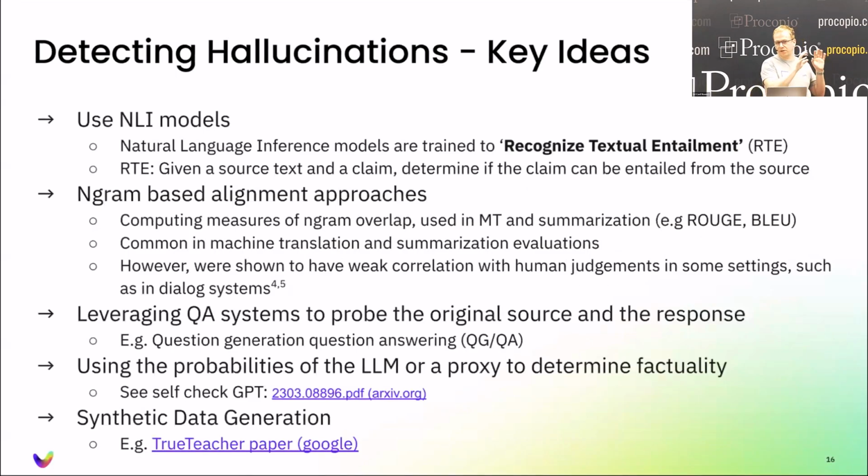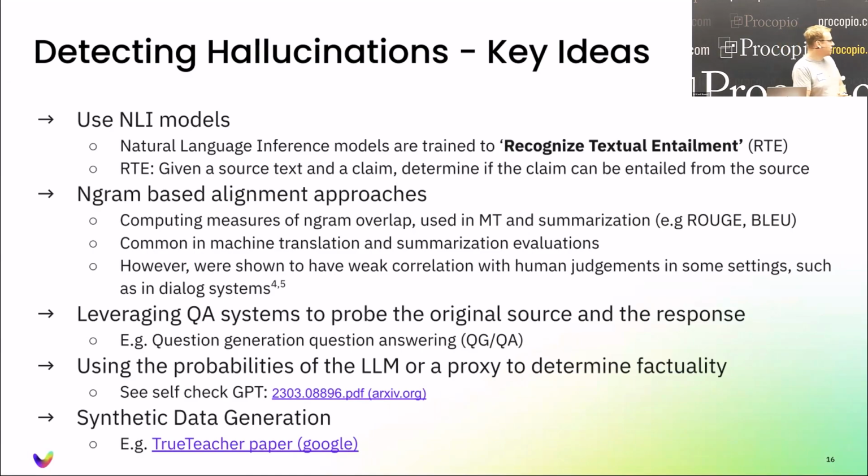So a lot of work has taken those kinds of models and datasets and adapted them as a proxy for hallucination detection, mapping those last two cases to hallucinating. There are other approaches around n-grams, where you're literally looking at the overlap in terms and phrases between the document and source, but those are very primitive. People have also used question answering systems in a complicated way to probe the original source. It's kind of complicated, and I don't want to get into that too much unless you have questions about it.